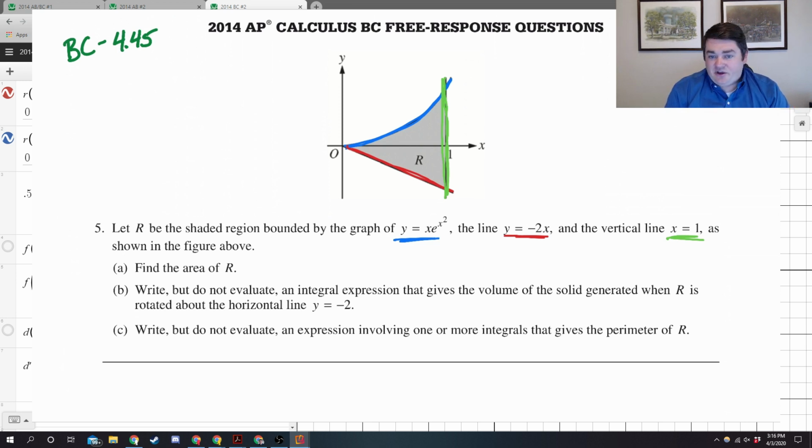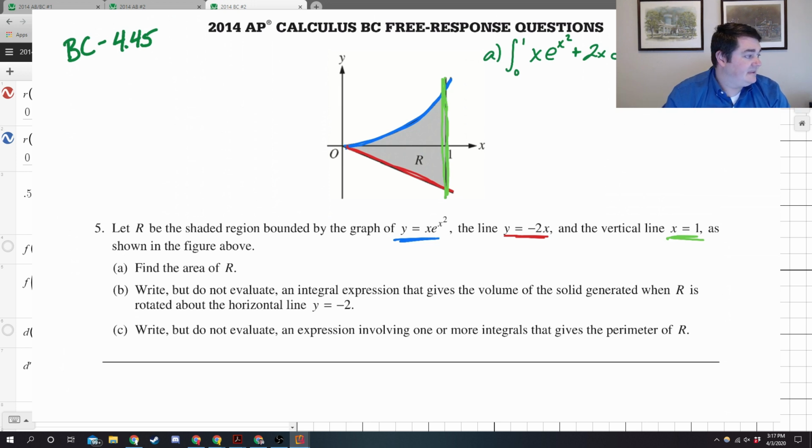A, find the area of R. So this is an area between two curves graph. I already know the bounds are 0 and 1, but this is a non-calculator problem, so I guess therein lies the problem. So for part A, this area is the integral from 0 to 1 of top minus bottom, the integral from 0 to 1 of x e to the x squared minus negative 2x, so plus 2x